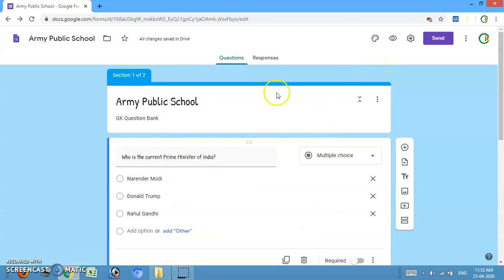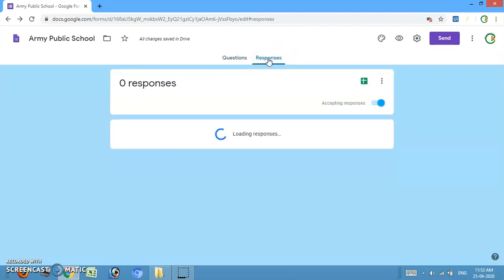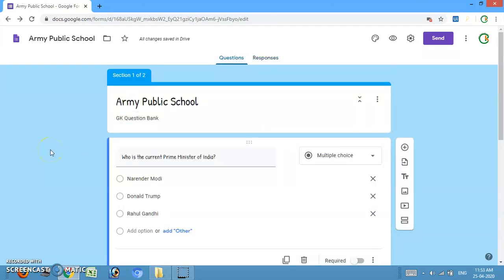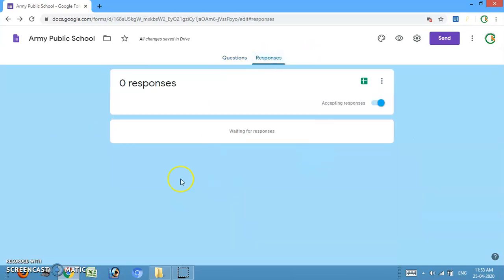When you click on send, this question paper is sent to that recipient, and then they will be answering you. When they answer, one option here is the responses. When you click on this, the responses will come here. For example, if you have sent to 50 students, and let's say 45 have answered, the responses will be here, and you'll be getting a chart here. A progress chart will be there. In that you'll see how many have answered, how many have not answered, what type of answers they are giving. Each and everything will be here.